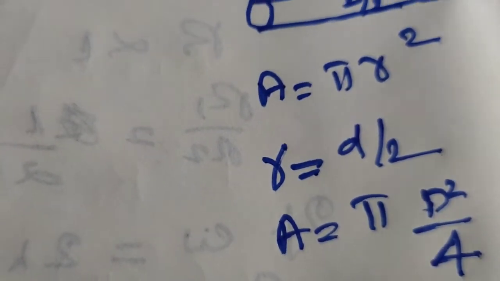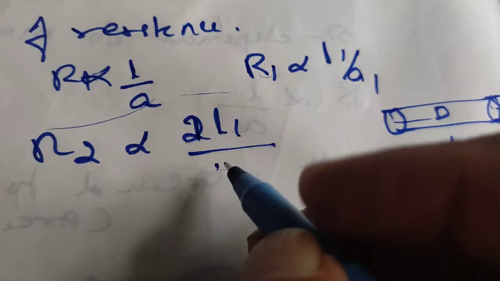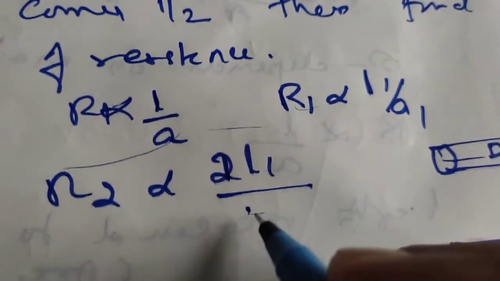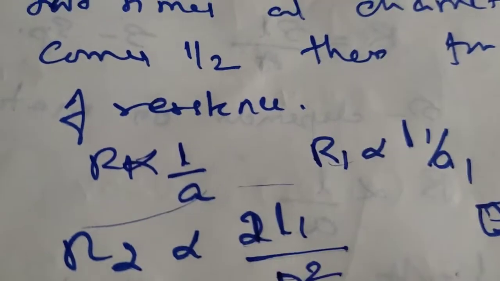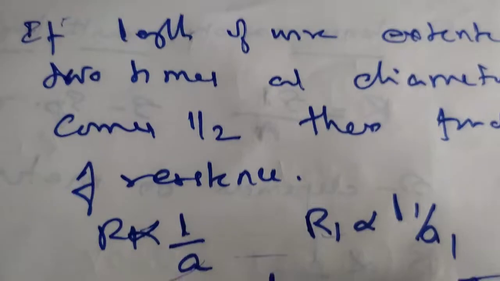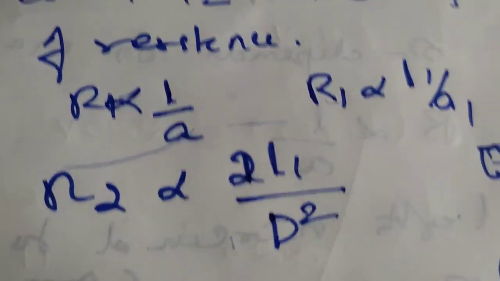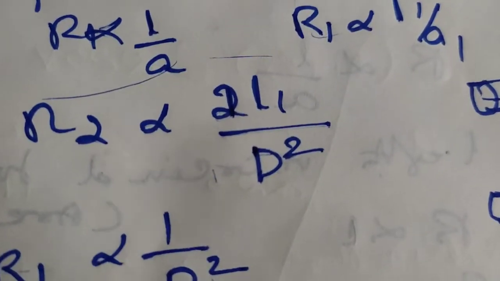So area is proportional to the square of the diameter. Since it is proportional to the square of the diameter, we can write D squared. Now what has happened? R1 is proportional to 1 by D squared, and R2 is proportional to